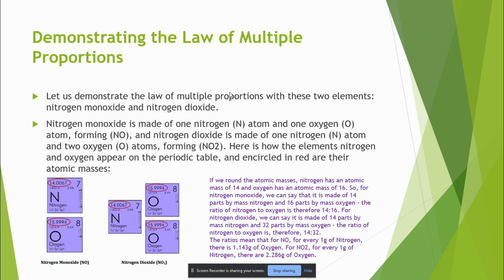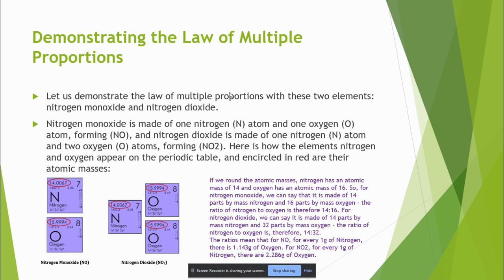Let's look at what we have here. If you round the atomic masses, nitrogen has an atomic mass of 14, oxygen has that of 16. So for nitrogen monoxide, we can say that it is made up of 14 parts by mass nitrogen and 16 parts by mass oxygen. That's 14 to 16. For nitrogen dioxide, it is 14 to 32. The ratio means that for NO, for every 1 gram of nitrogen, there is 1.143